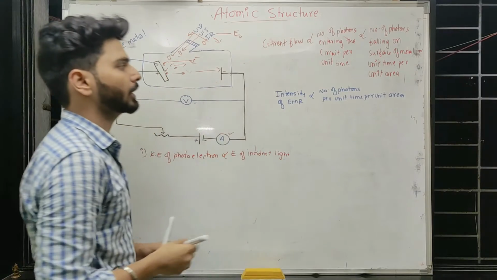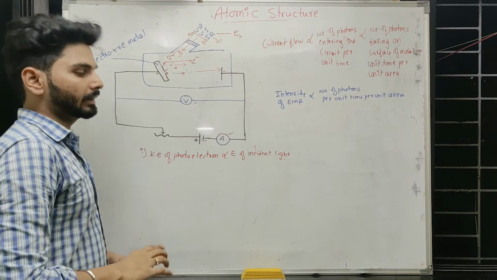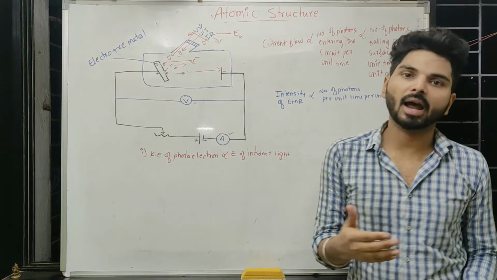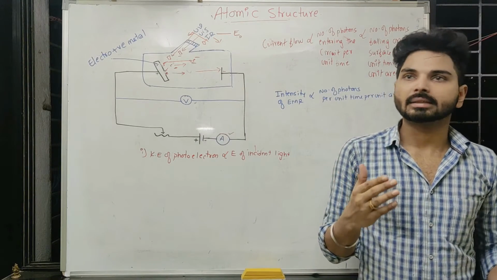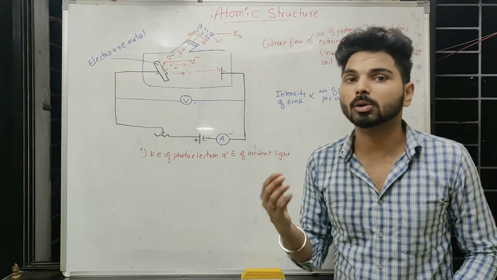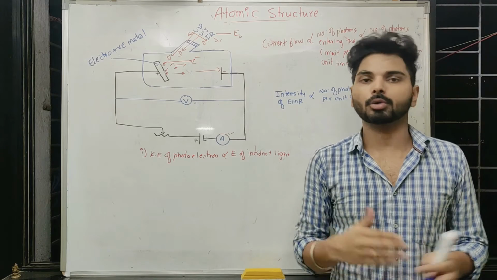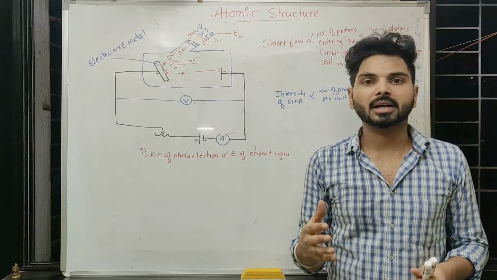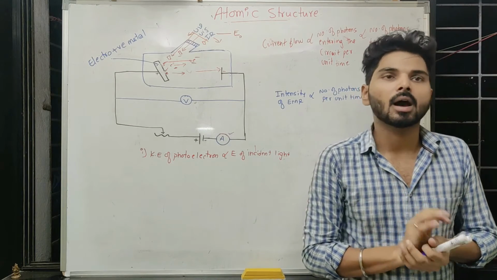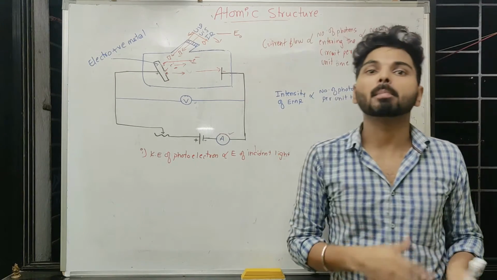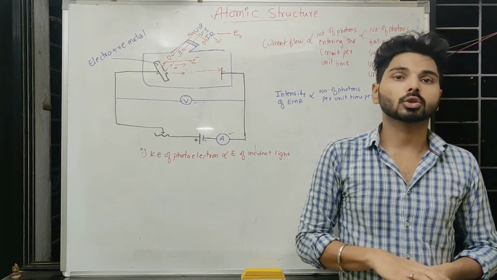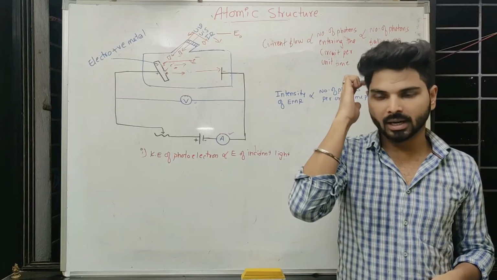This we have studied already in electromagnetic theory: bright color and light color are actually based on intensity, not on energy, because even red color can be bright or light or faint. Light red indicates fewer photons of red color existing there, and dark red indicates many photons of red color existing there. So their energy is not getting changed. Red color has the same energy.